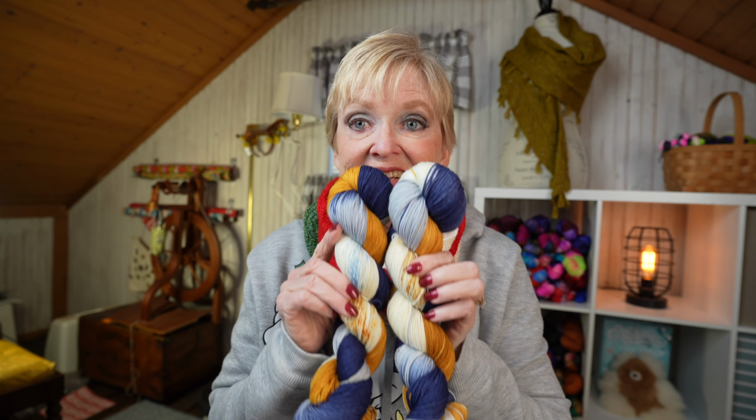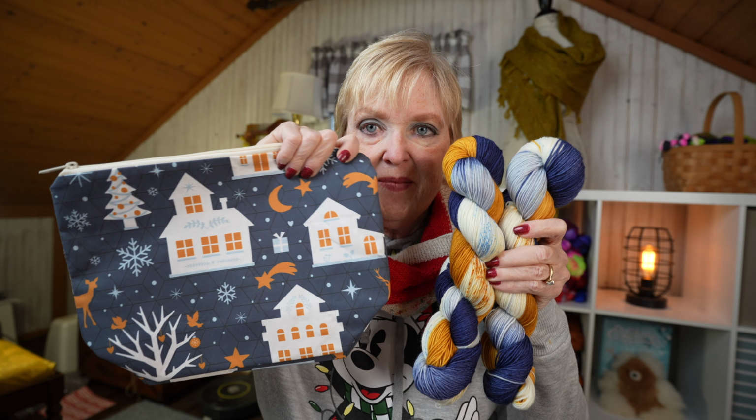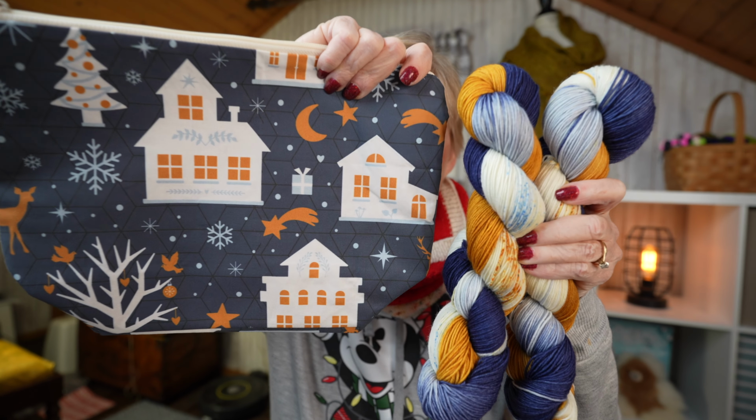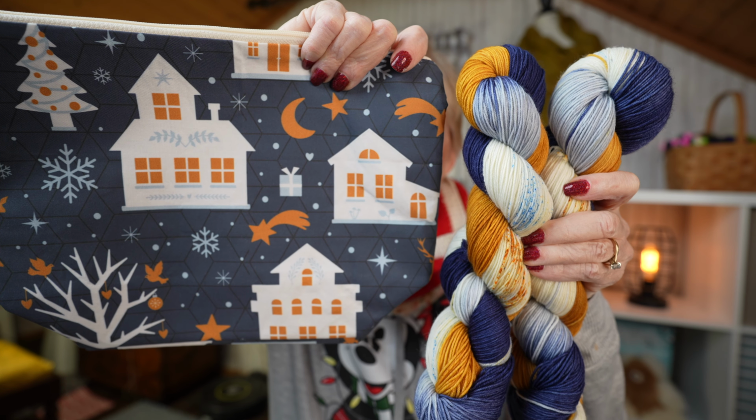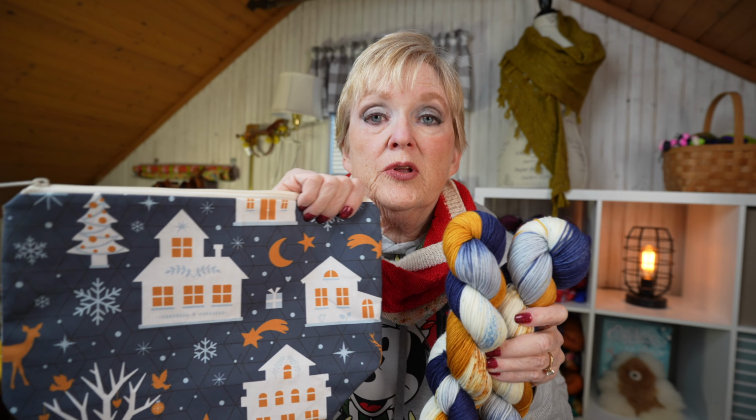Let's talk about Shop Update news. So I only have one new thing in the shop this week, and I'm very excited about it. So I know that Christmas Eve cast on is a thing, and I did a colorway. And I also have a bag to match. I love how this came out. And if you guys really want this bag,